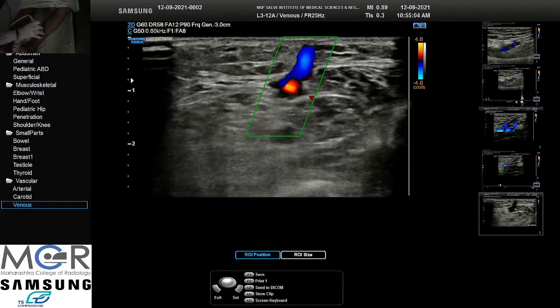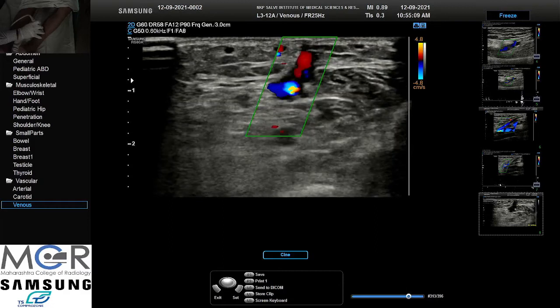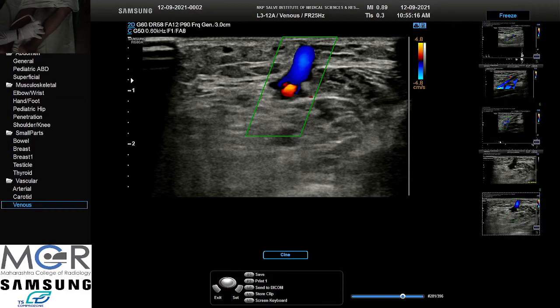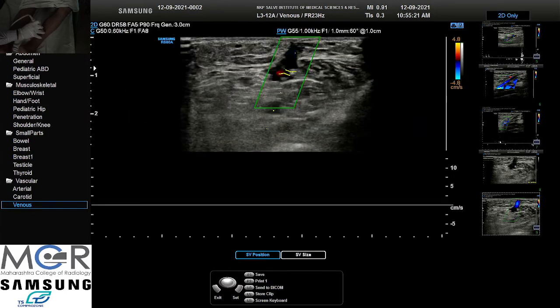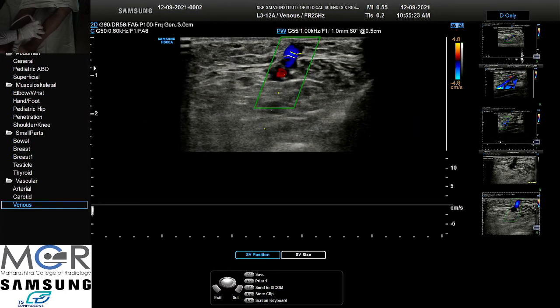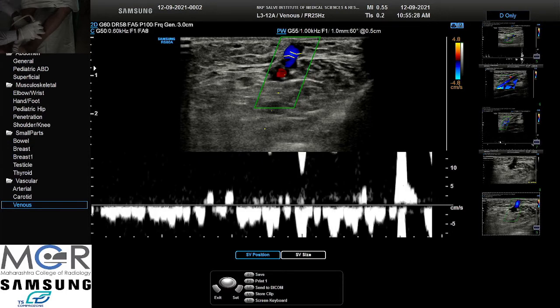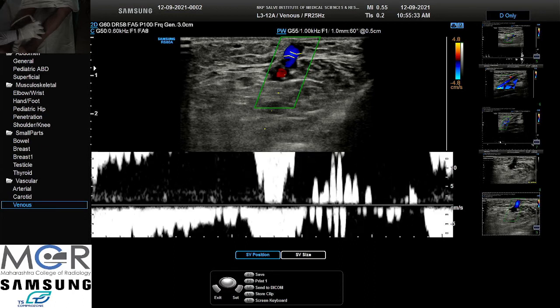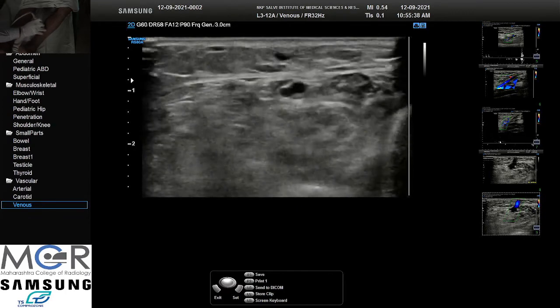It shows reflux. You can see this red is coming towards the probe. So that is going deep.